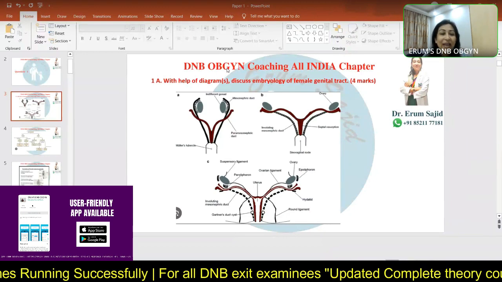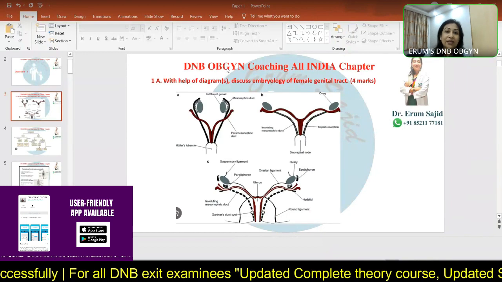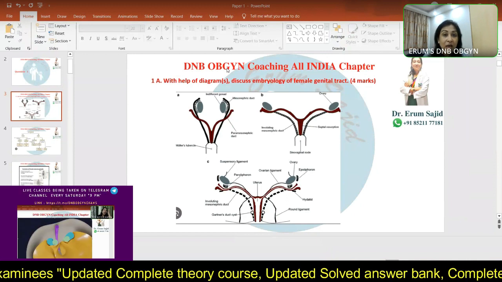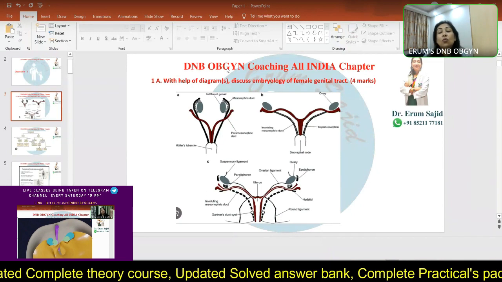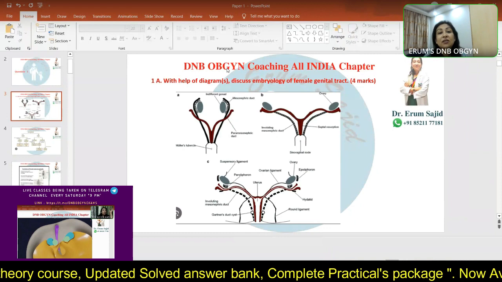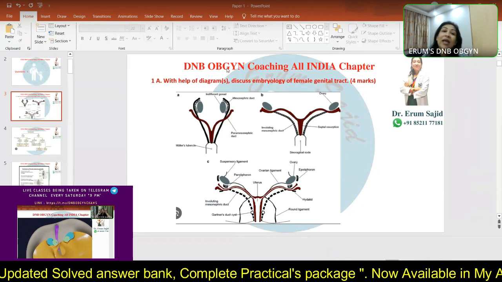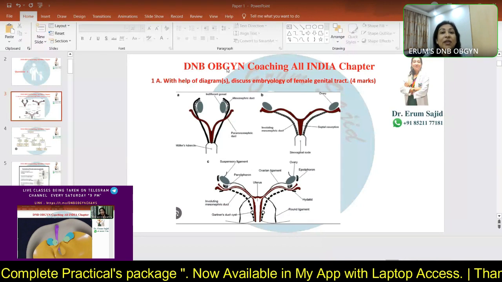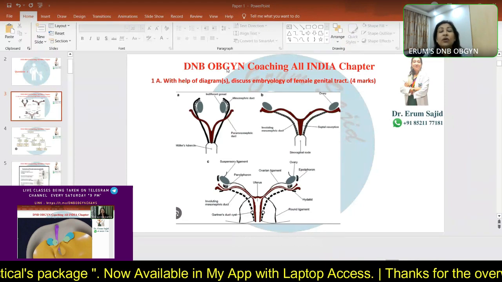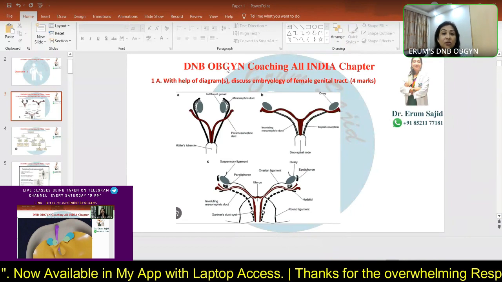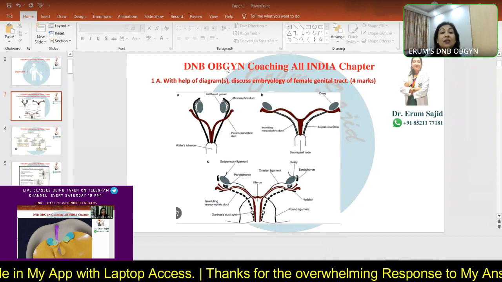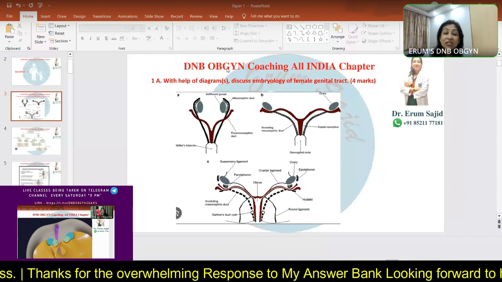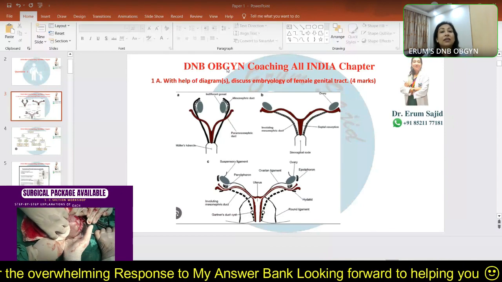But basically, DNB is not one exam that you can pass only by studying the answer bank alone, unless you have a very good, solid backing with your theory concepts, right? So much so that you only needed to see the answers and you do not want to see the notes at all. Specifically for primary DNB candidates, I'll not advise such a step to be taken. I want you to be very thorough because you will eventually get caught in the practicals. Maybe you crack through the theory, but not through your practicals at all. So what you can do is that you can study the answer bank, but remember that any topic which has been asked has a very good potential of being asked in a different style next year.